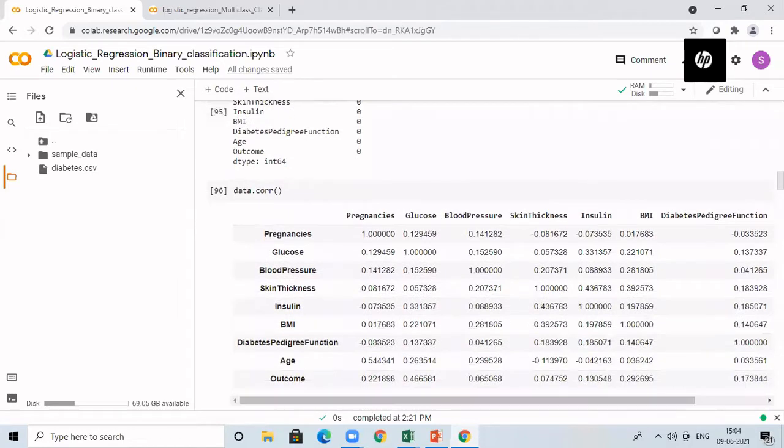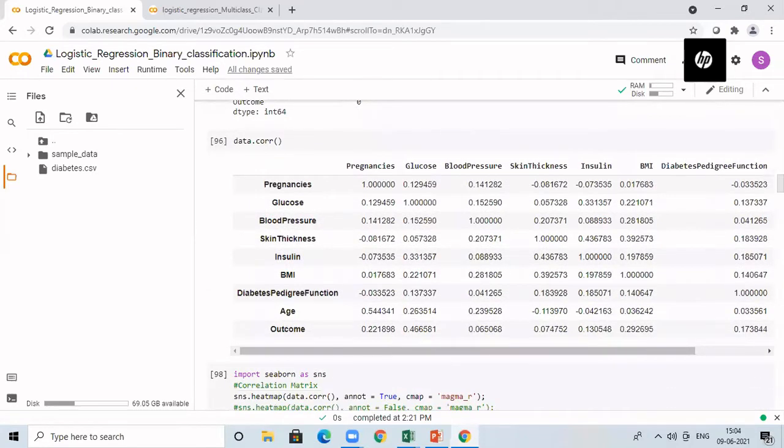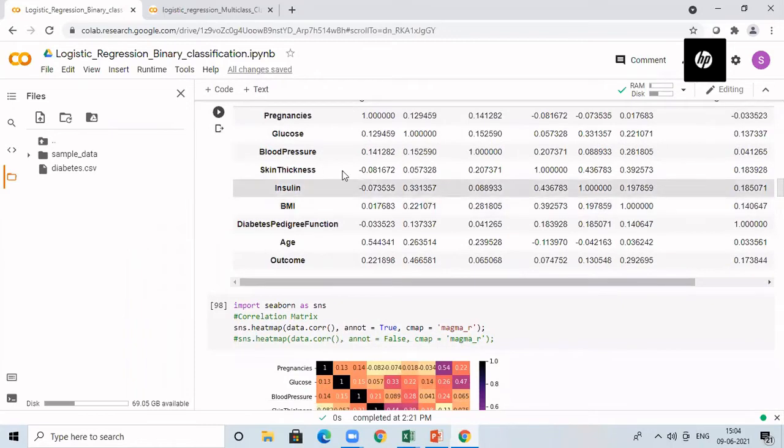Then we can find a correlation between different variables by means of data.corr. It is going to print what is the correlation among different variables. And correlation will be calculated only for the variables which have numeric values. So now I am printing the correlation. You know what is the meaning of positive correlation and negative correlation and other things. Some are having positive correlation, some are having negative correlation, and so on.